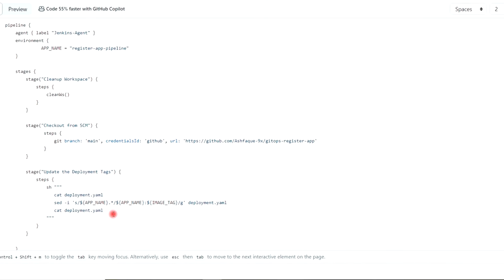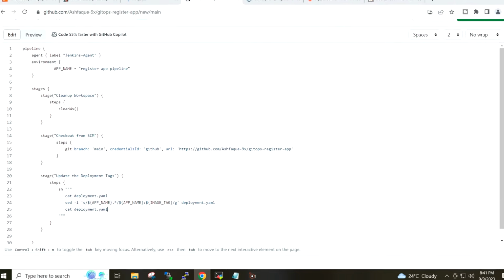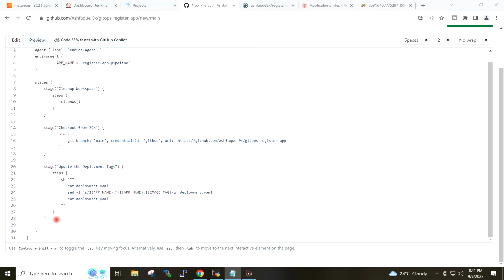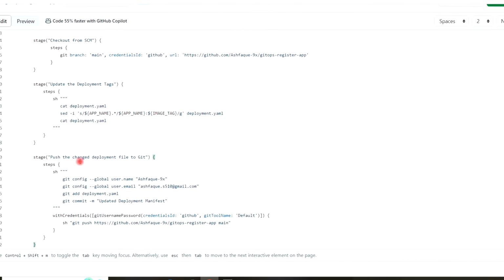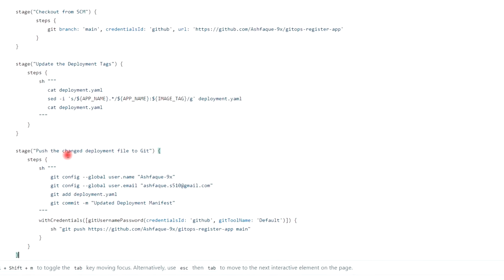Once it has updated the tags in the deployment manifest file, it will push those changes to the GitHub repository, which would be done in the next stage. Push the changed deployment file to Git.